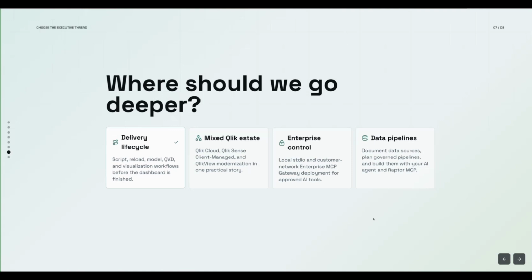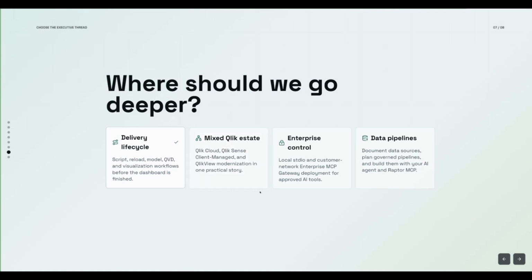With that being said, utilizing a proper AI tool, like I'm going to show you, I use Codex, and utilizing the Raptor MCP with a proper AI tool, there are some real amazing things that you can do in terms of data structures, QVD architectures, pre-planning, things like that, and how you can then